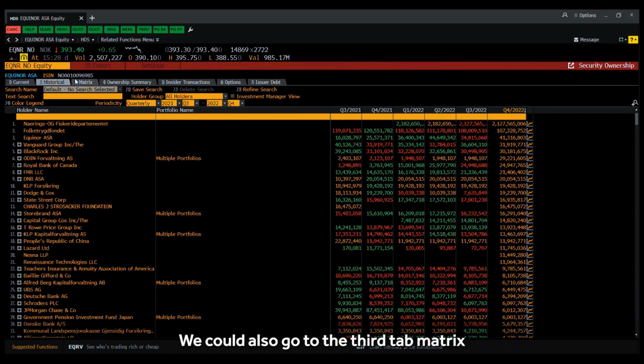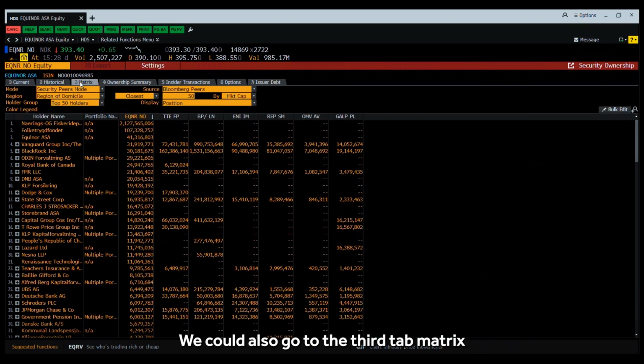We could also go to the third tab, Matrix, to see what the shareholders in our target company also own in comparable companies. For instance, here we can see that the Vanguard Group has sizable shareholdings not only in Equinor but also in this company here, TTEFP, which is Total Energy. This one here, BPLN, which is BP, Eni,